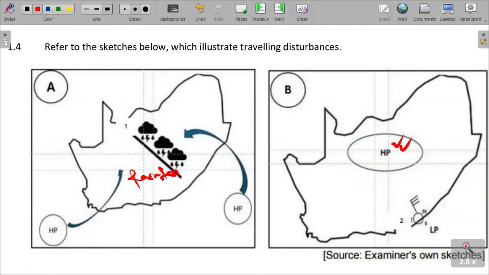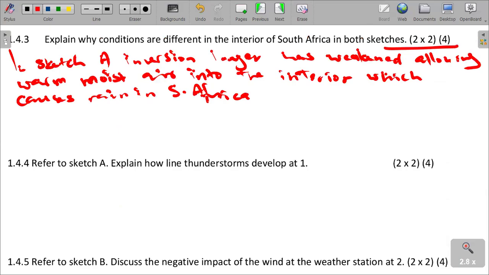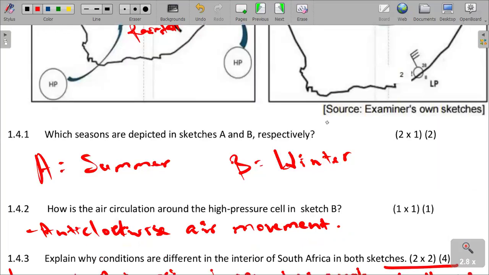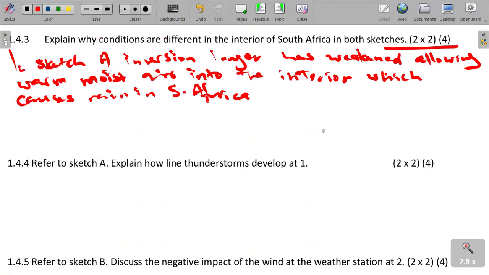We need to understand that a strong subsidence blocks the advection of warm air into the interior, which results in dry conditions over the interior of the country. So we are saying there is a blockage of warm moist air into the interior, which actually causes dry weather conditions. As you can see there, we can see there is dry weather that is caused because of the blockage of advection of warm air into the interior of the country. So sketch B,